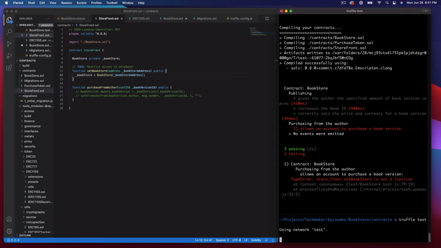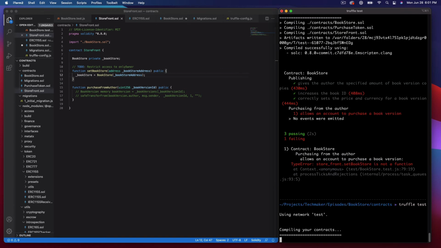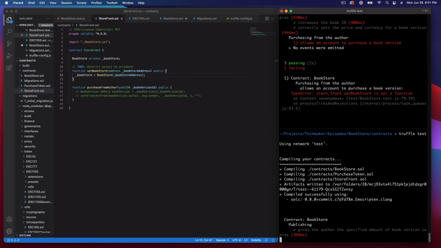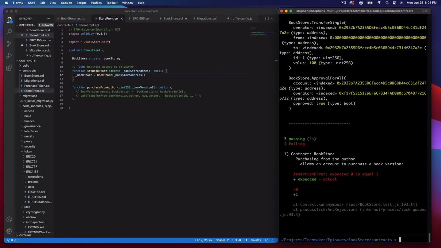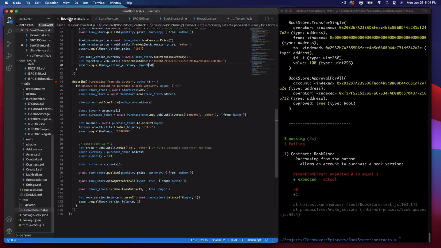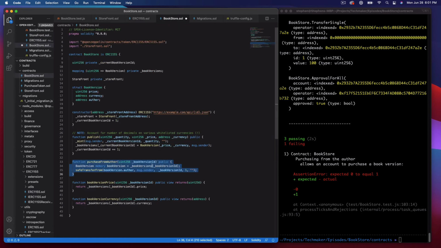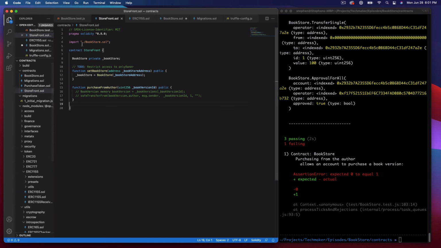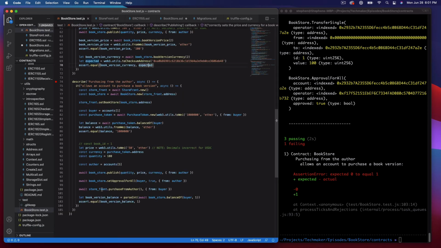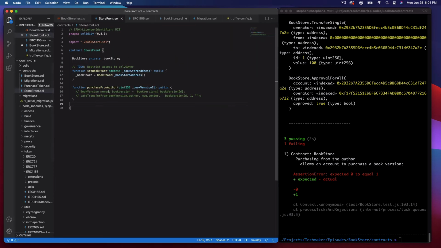And hopefully the little clicking noise isn't bothering you too bad. It's bothering me whenever I listen back to my previous little segments. Okay, so now we have a failing test. And that's because, why? Well, it's because now I'm trying to call the purchase from author on the storefront, and it doesn't do anything. So now what we need to do basically is